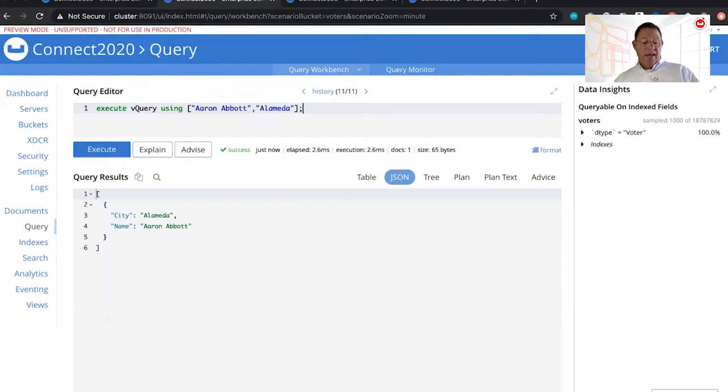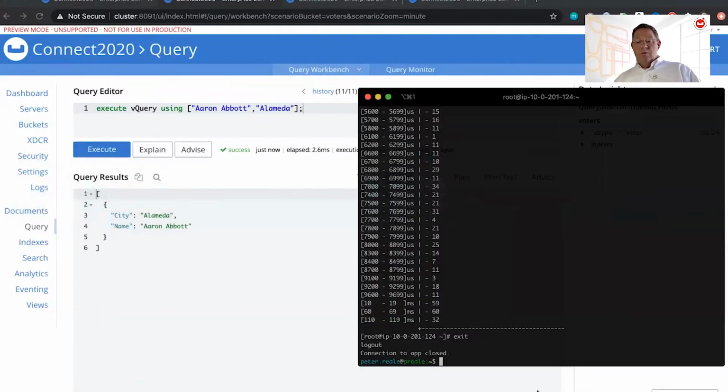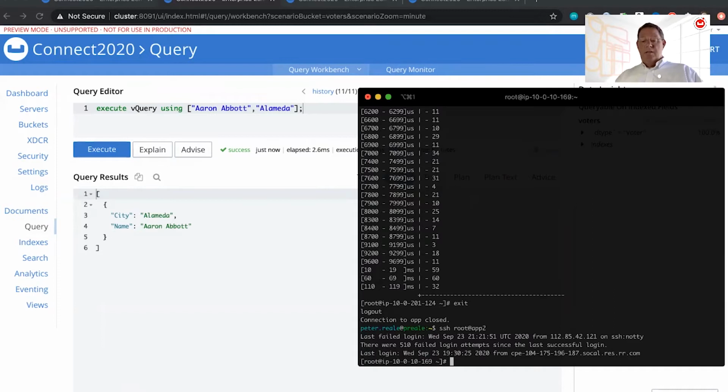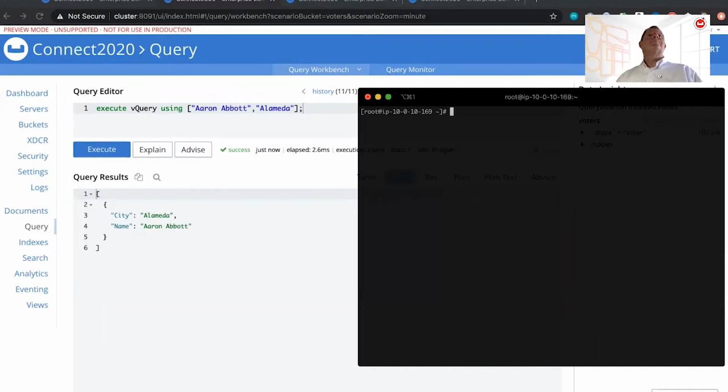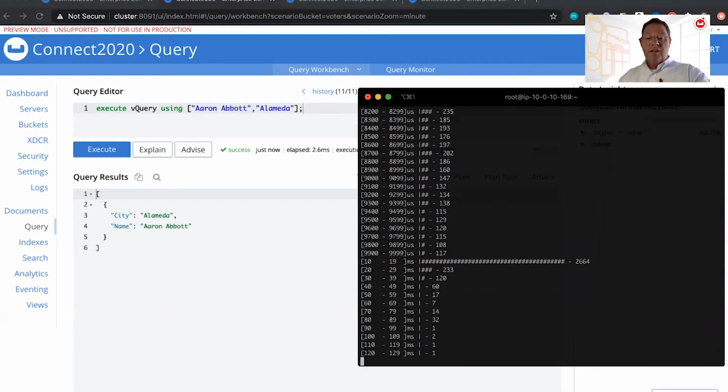In order to do that, let's just jump into our terminal. All right, so I've loaded up my 100,000 queries and I start to see it just sending them over there